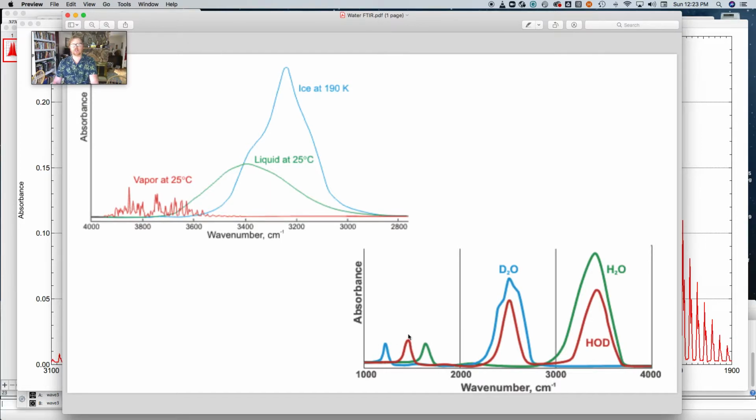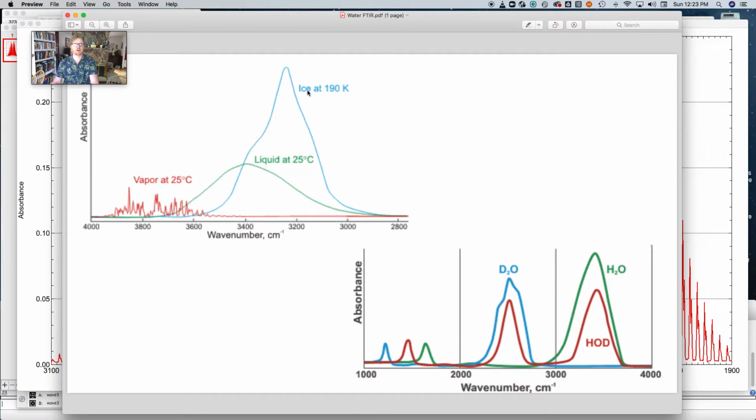And now way down in this region, you can see the bending region, and you can see the effect that has by putting deuteriums on. So that really changes the force constant quite drastically. So now if I look up here, and we'll talk about what the vapor lines here are in a moment,